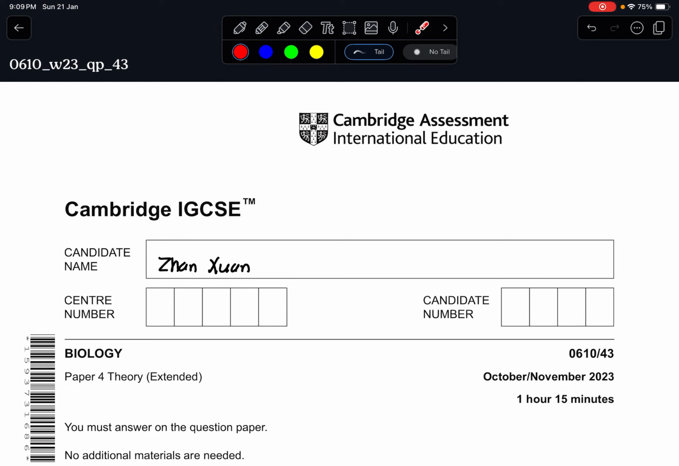So today we are going to do the Cambridge IGCSE Biology Paper 4 Theory Extended, the October-November 2023 series, Paper 4 Variant 3. This paper is considered to be the hardest paper in this October-November series, which is shown by its low threshold. So for those who watched the Paper 4 Variant 2 video, right, there are a few